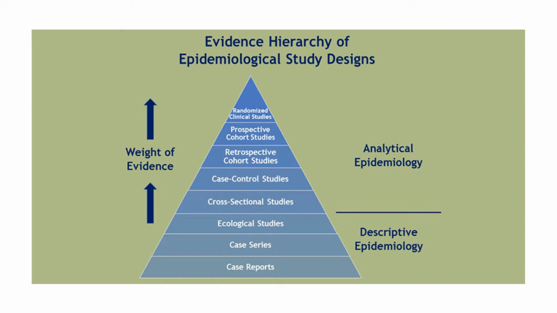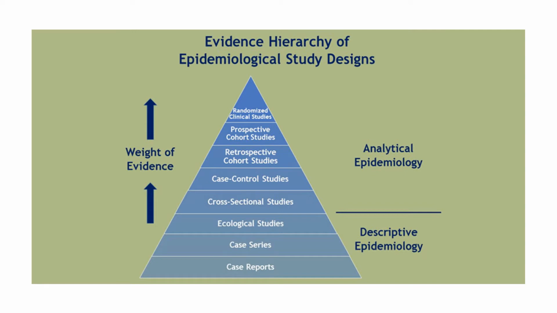Now looking at the hierarchy of the epidemiological study design. What is the weightage of the evidence of each of these studies? As you can see, at the very bottom of the pyramid is the case report. Though it is of significance, it carries much less significance for generalizing to the community as such. A case series, which is at a higher tier, is usually when at least 10 or more cases are reported in a series. Definitely it stands a higher chance and a greater weightage of evidence.